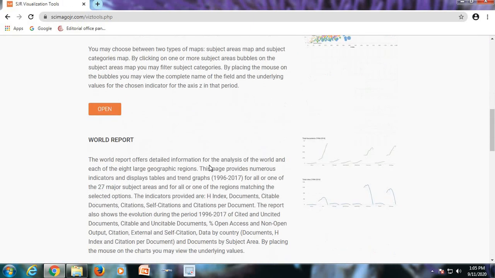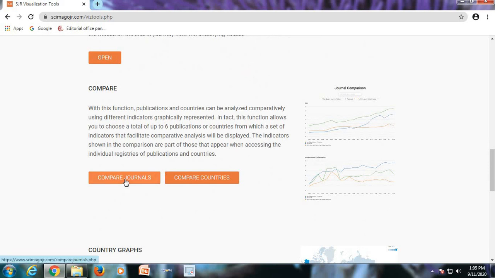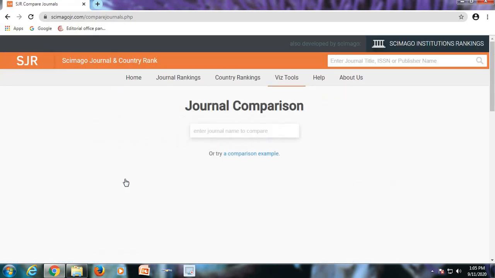And the last one is Journal Comparison, which will be quite interesting. Once you click that Journal Comparison, any journal you want to compare its prestige, you can do the journal comparison here.